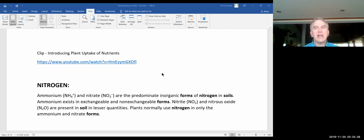So this next clip will illustrate to you in a very simplistic way how one element, the element of iron, is pulled from the cation exchange site into the plant's internal chemistry. So why don't you play that clip so we get a little feel for how plants assimilate elements from the